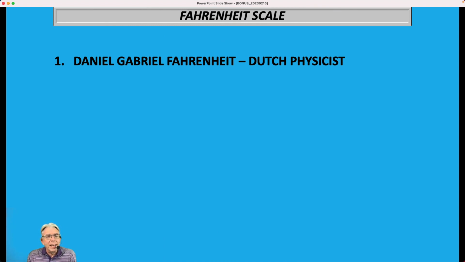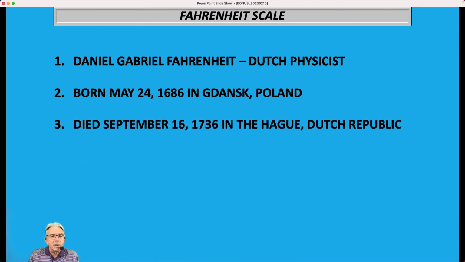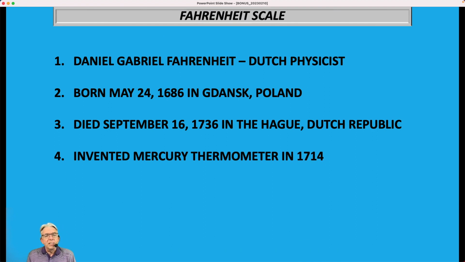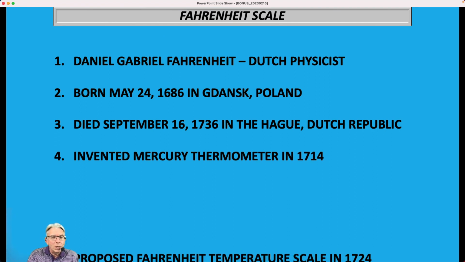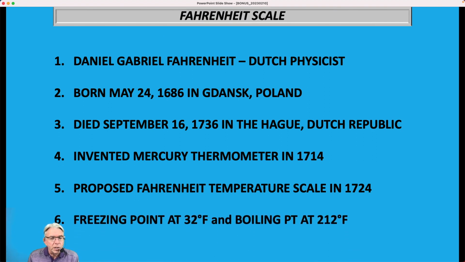guy by the name of Daniel Gabriel Fahrenheit, a Dutch physicist. He was born May 24th, 1686, and I tried to look this up. I believe that is pronounced Gdańsk, Poland, but if I'm wrong, please tell me. But May 24th, 1686, and then passed away September 16, 1736 in The Hague, Dutch Republic, which is now known as the Netherlands. He invented the mercury thermometer back in 1714, and 10 years later proposed the Fahrenheit temperature scale in 1724. And on that scale, the freezing point was 32 degrees Fahrenheit, and still is, and the boiling point